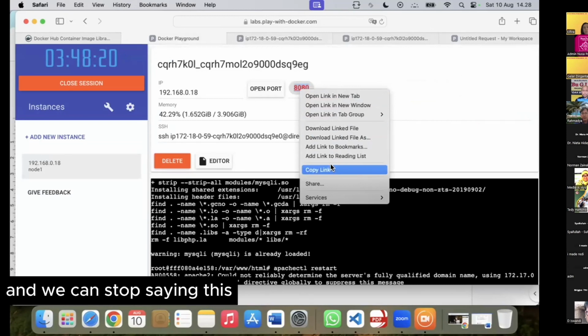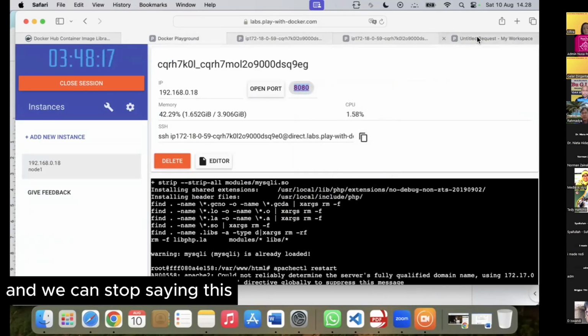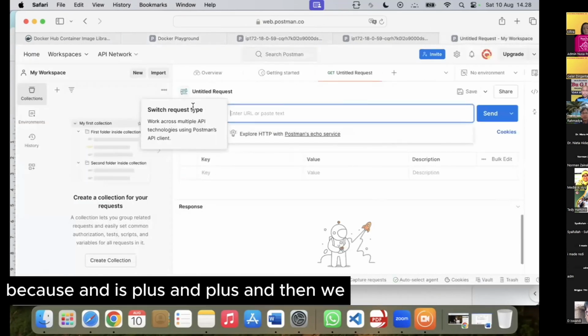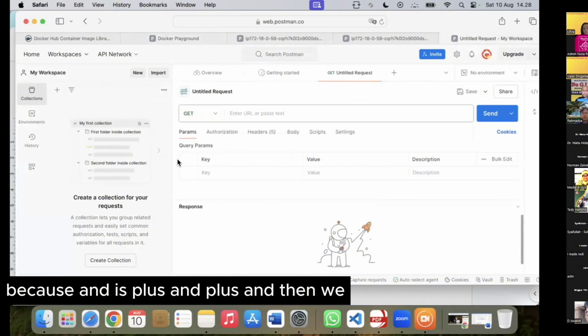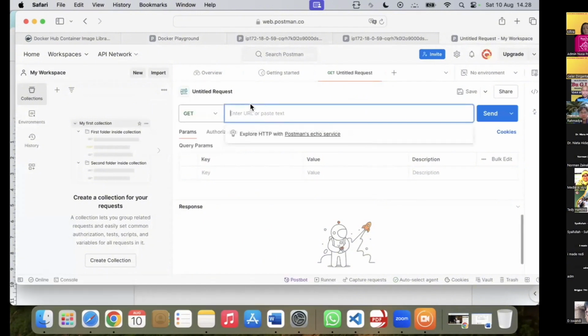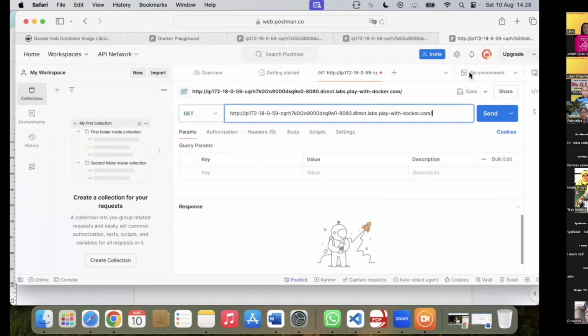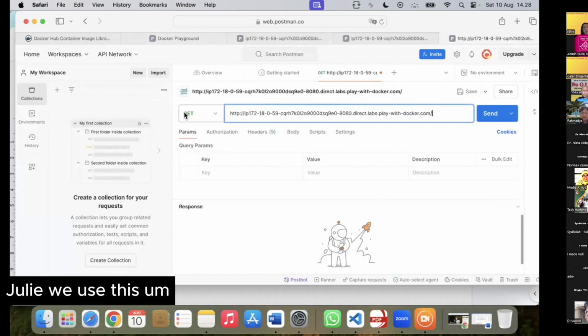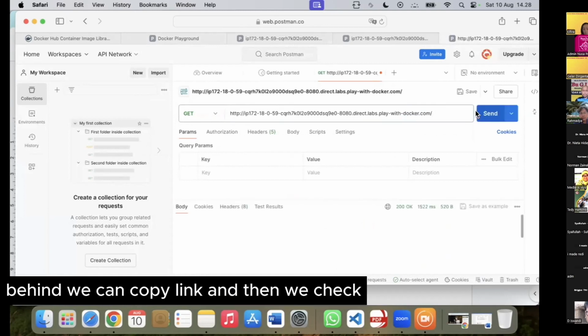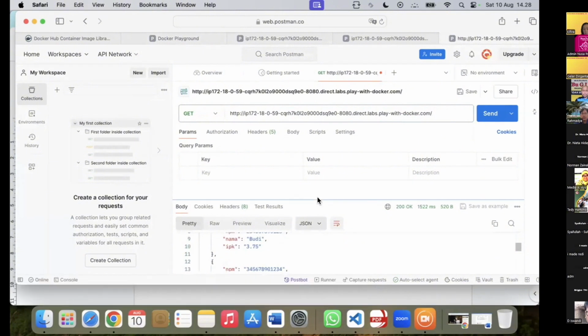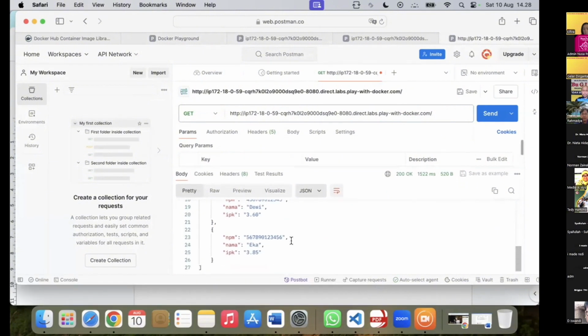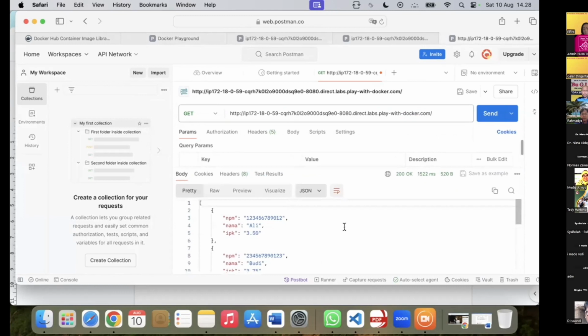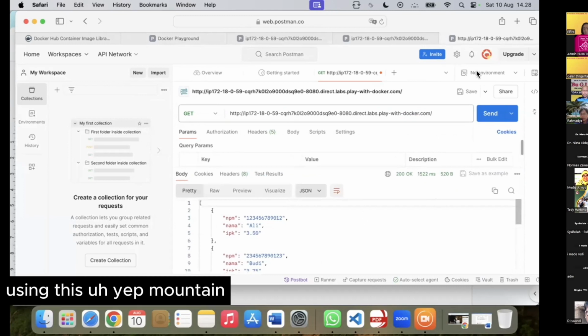And we can start using this application, this plus, and then we use this API. We can copy the link, and then we check using this GET function.